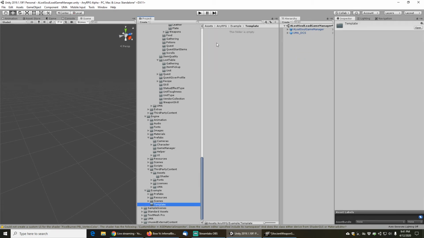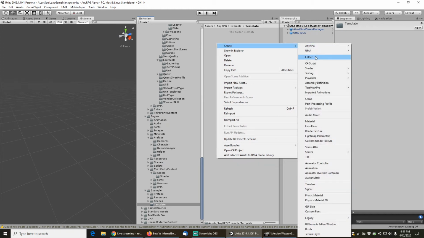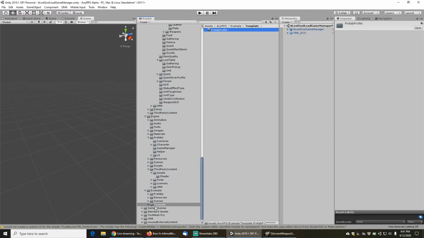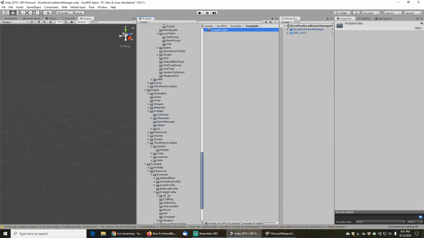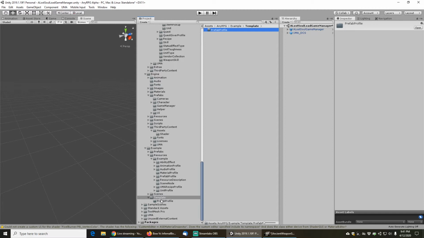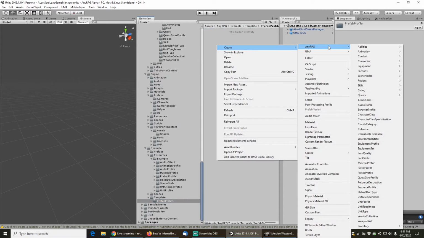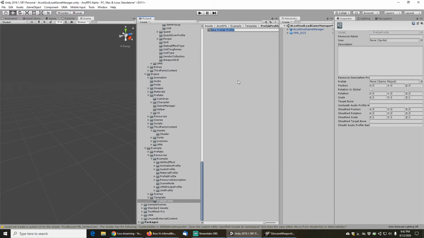And then we'll make a new folder again and call it prefab profile. Okay, that'll work. So basically what we want to do is create a new AnyRPG prefab profile in here, and